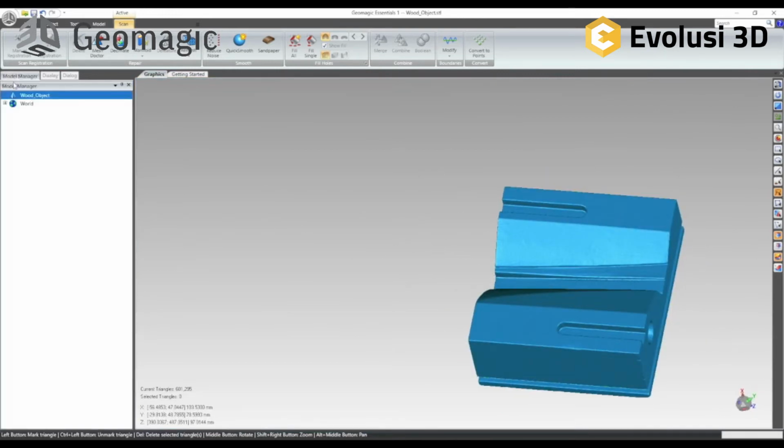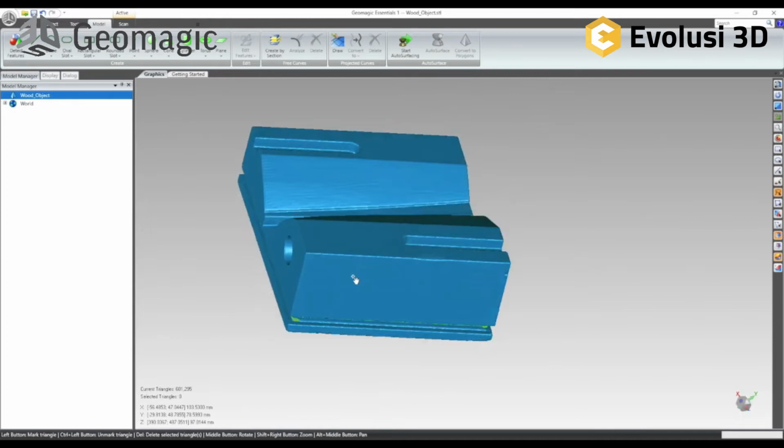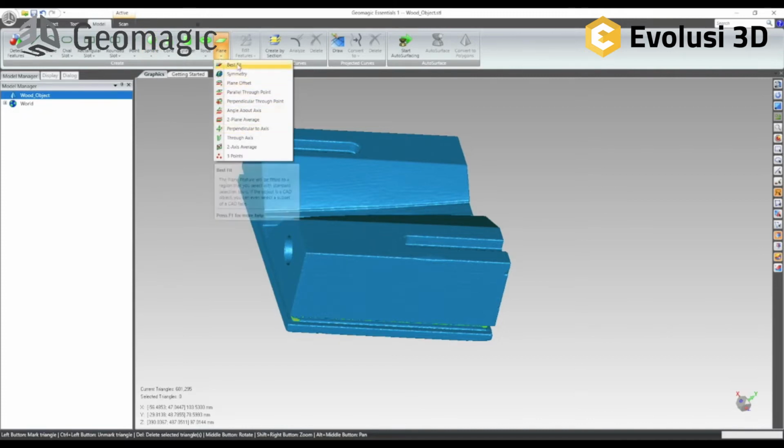So if I want to align it to a coordinate system, the function is under tools, but at the moment it's not available because we have no features on the object which we can align to the coordinate system. So first we have to create some features, and for this object we can say, okay, let's work with some planes, and we have a lot of functions in the plane. For cylinder we only have best fit options, but under plane we have a lot. So if we say best fit,